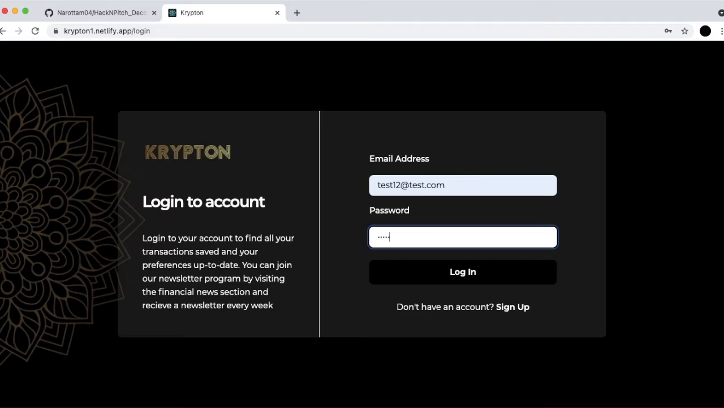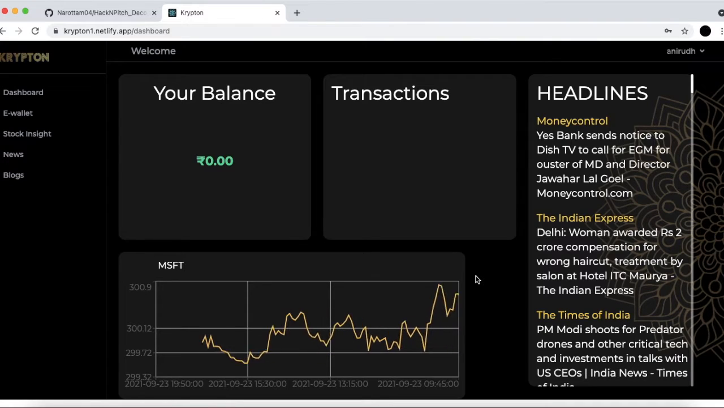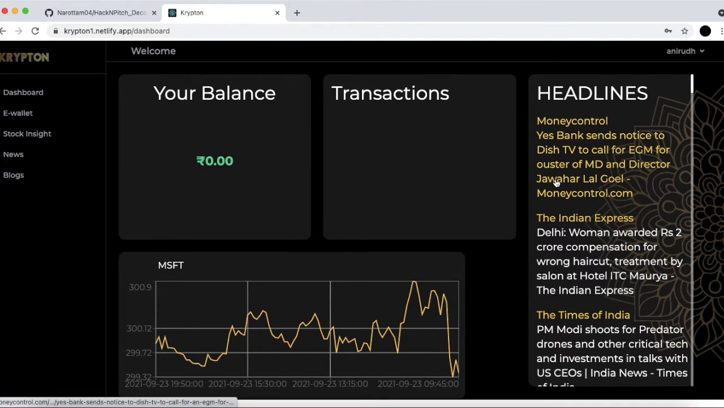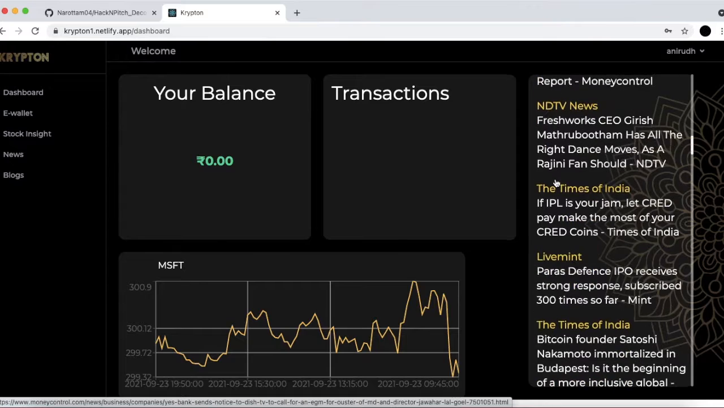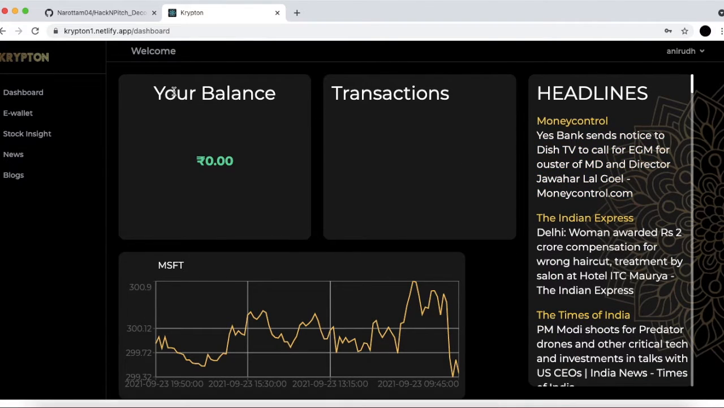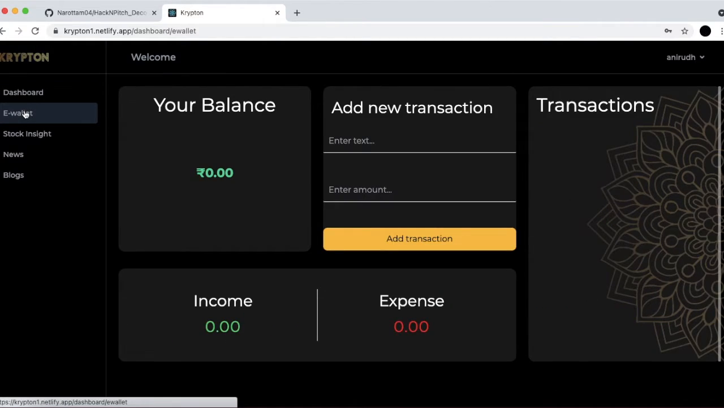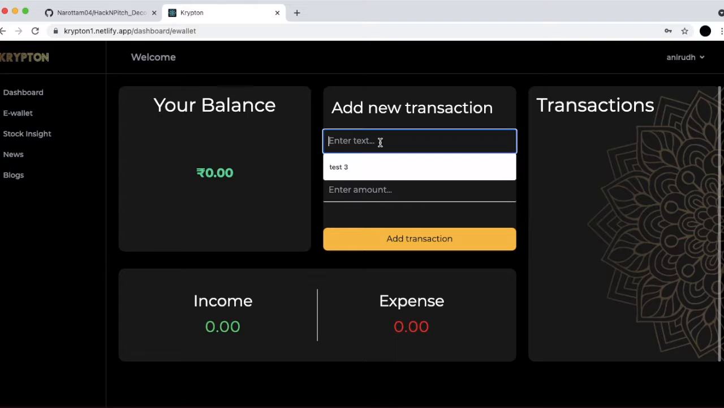Once we have done that, as we log in, we are greeted with a dashboard. The dashboard has everything that you need financially speaking. Your balance, your transactions, we have monetary news as well as a stock of your choice on the dashboard. Coming back to that later, let's go and see what we have in the e-wallet. The e-wallet has your balance, you can add a transaction, you can see your transactions and you can see your